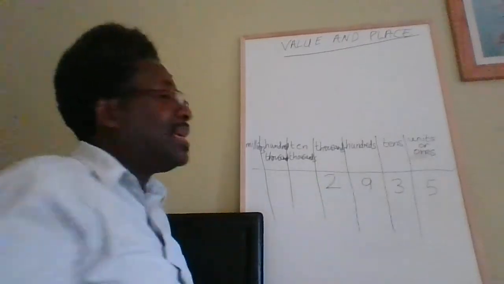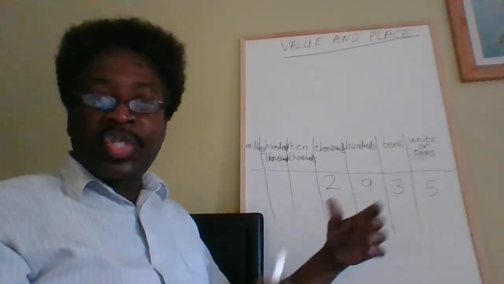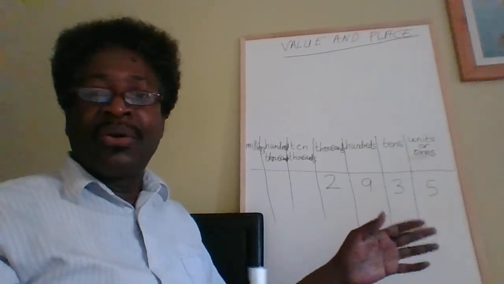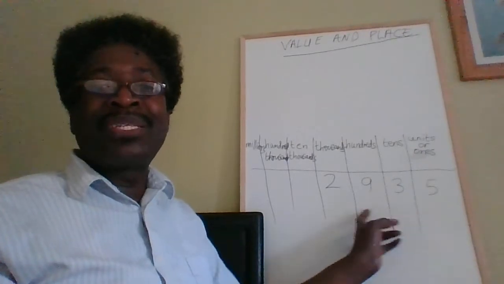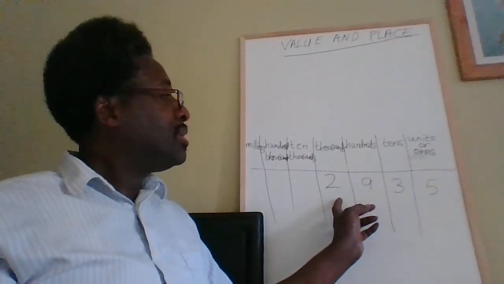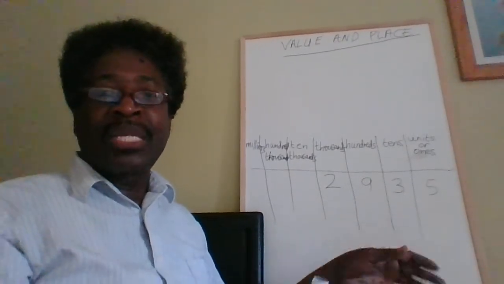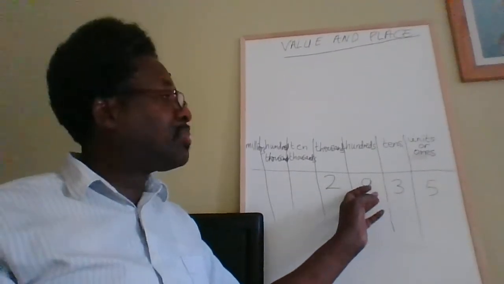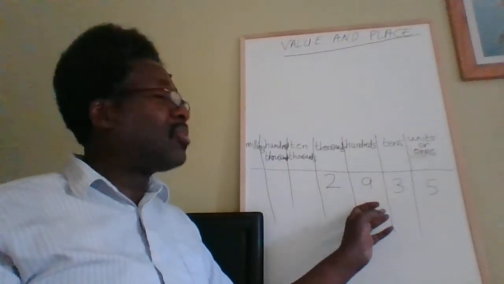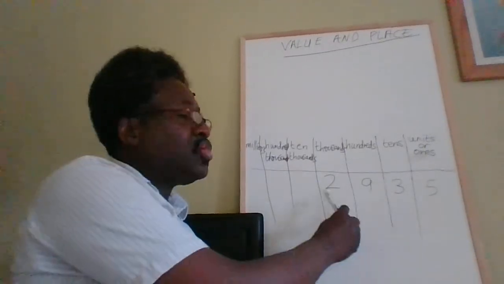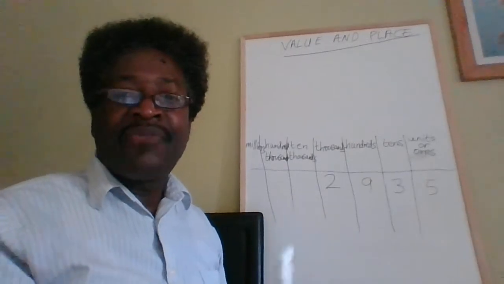If I put a 2 over here, this is 2,935. We'll talk about, either in this lesson or in a future lesson, how to say numbers in words. So this is 2,935. Either in this lesson or in a future lesson, we explain how to say this in words. But I'm telling you now that this is 2,935. 2,935 cars, 2,935 pens,